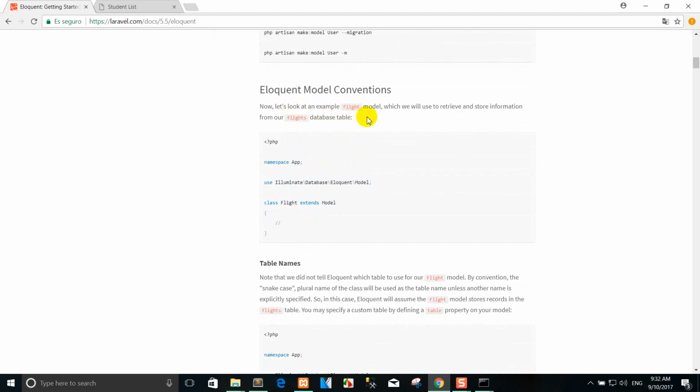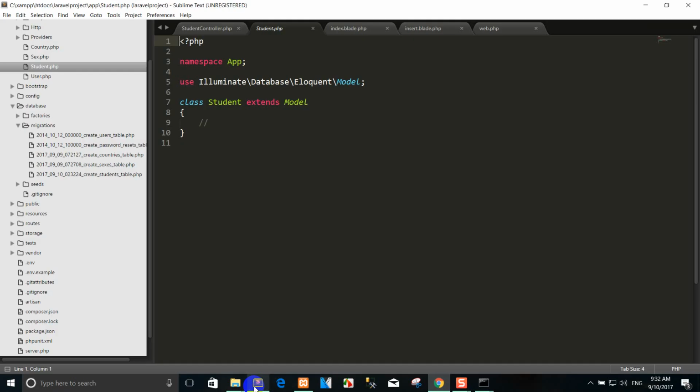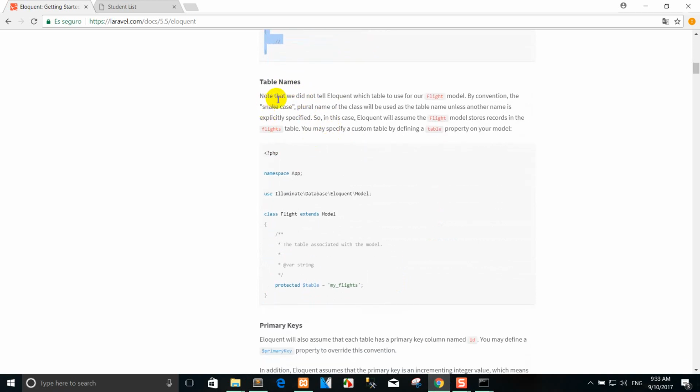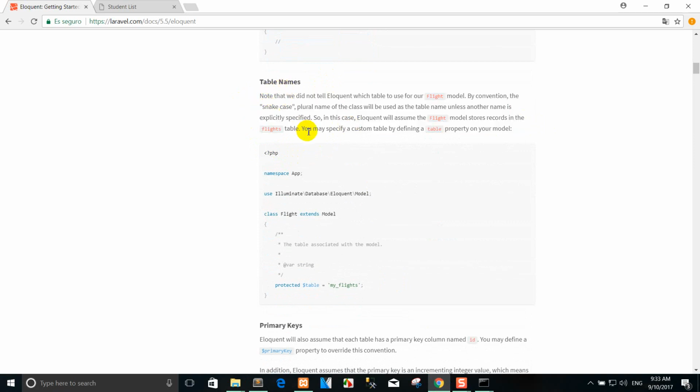We look at an example of the Flight model, but I will show you the already created student model. Yes, this is the same in the student model. You can see it like this. Table name. Yes, you must know the table name. If you don't know clearly about this table name, when we use the model,